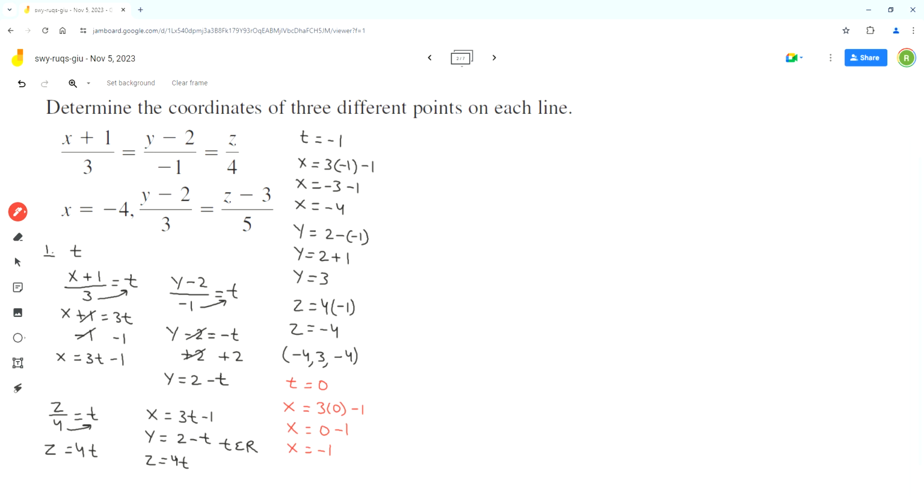Now we can sub in t as 0 in the y equation. I get y equals 2. Now we can sub in t as 0 in the z equation. I get z equals 0. So the second point on this line is